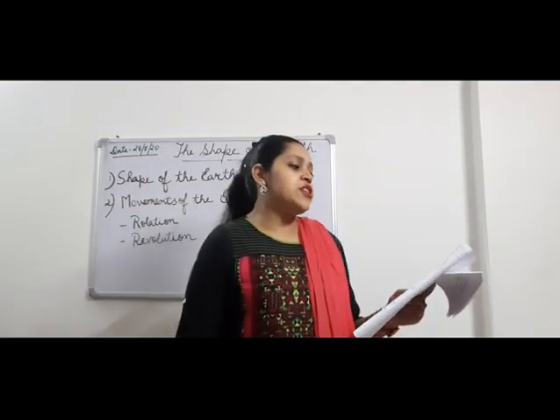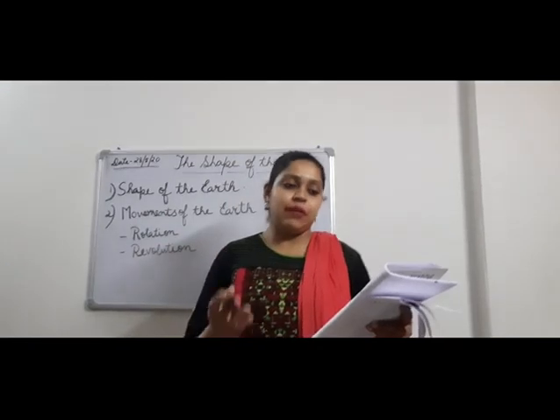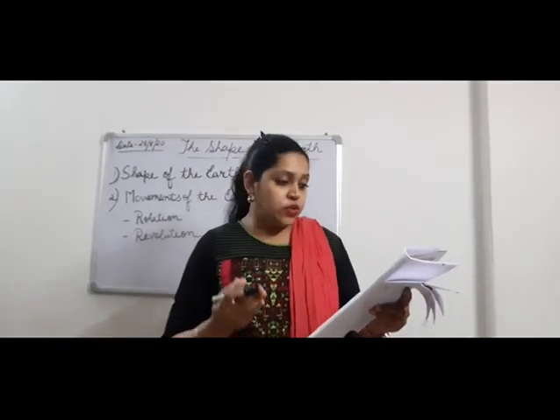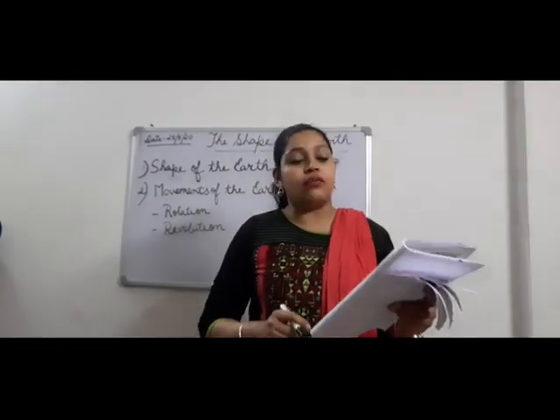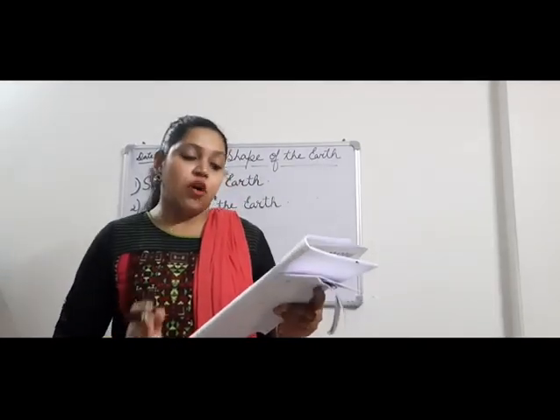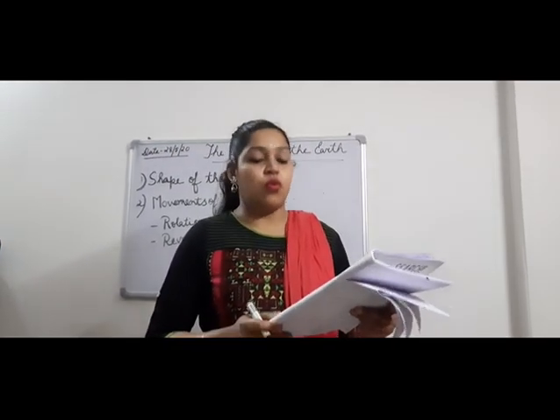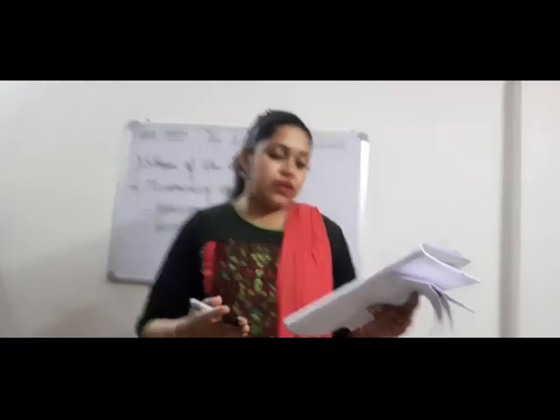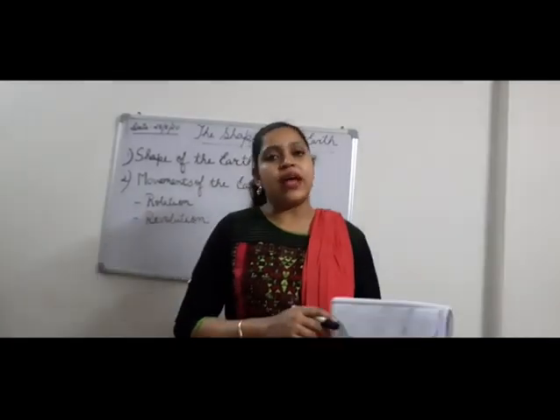So what is the first objective? Children will learn about the shape of the earth and its movements. Number 2, we'll know why the earth is an oblate sphere. Number 3, we'll be able to compare the planets of the solar system. Number 5, we'll study about latitudes and longitudes. Number 6, we'll know about the positions of continents and oceans. Number 7, we'll know about the continental drift. Number 8, we'll know about finding a sea route from one place to another.